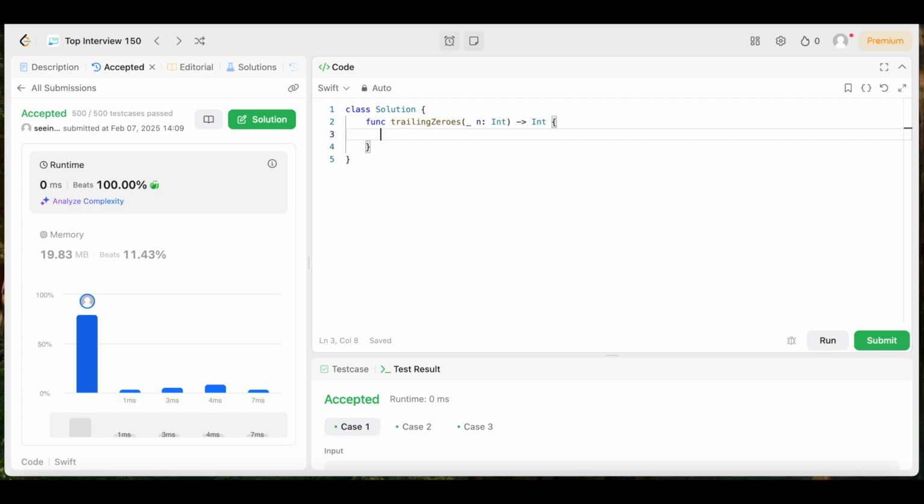So first thing we're going to do, we need a base case. If n is less than 5, then we already know that there are no trailing zeros. So we could just say if n is less than 5, then we can come right here, we can say return 0. Then we're going to come right here and we're going to say else. Should be no period right here. We're going to say else. We're going to say return n divided by 5. Then we're going to say plus